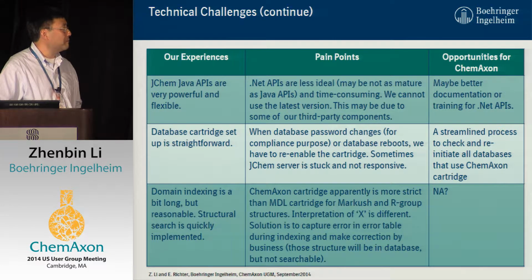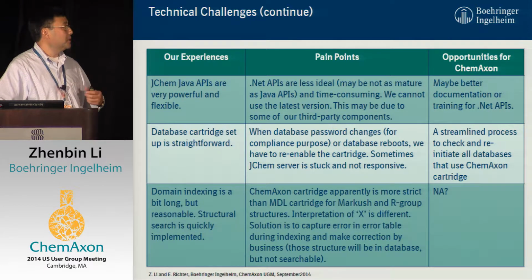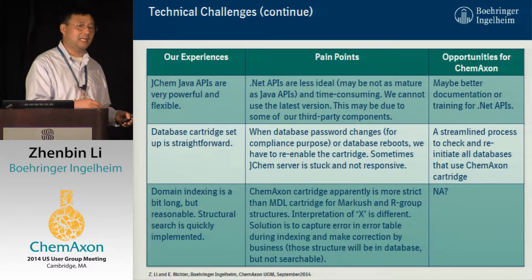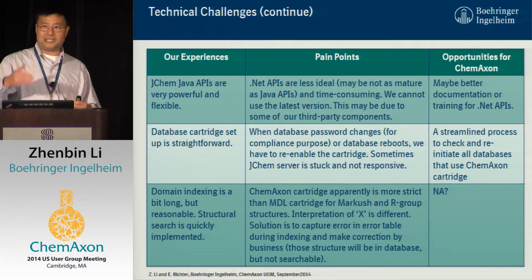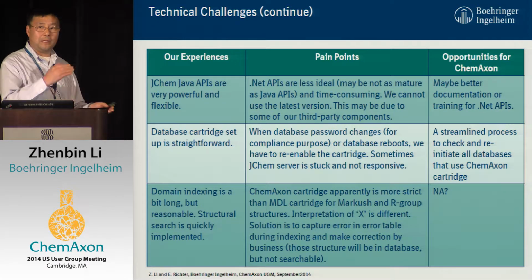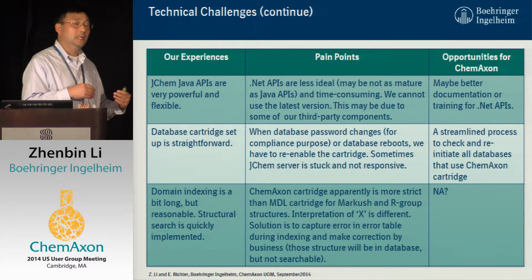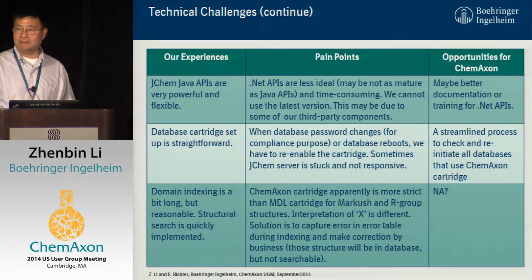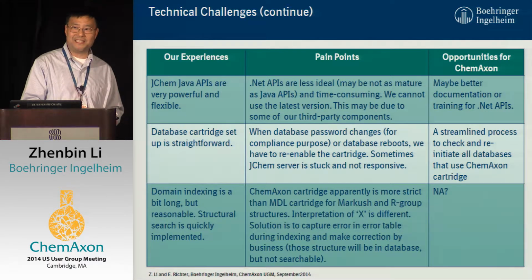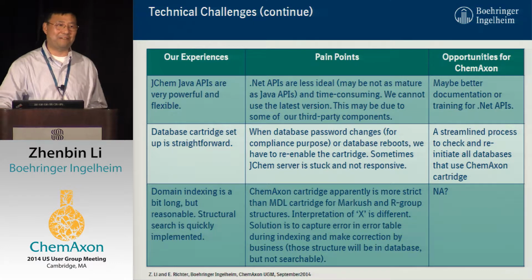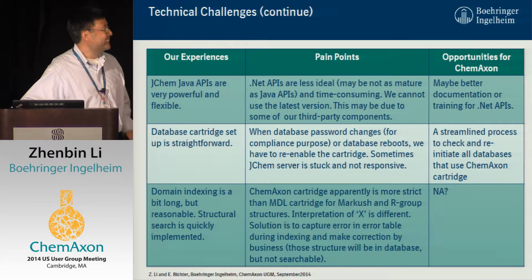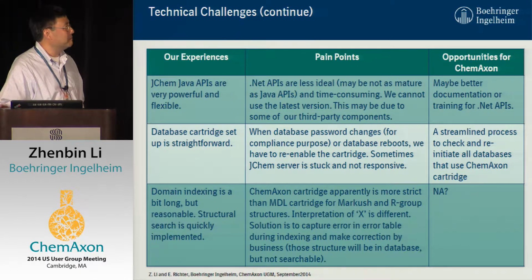Database cartridge is one of the major issues. There are chances that the database or server has to stop and restart. It requires restarting the server and also registering all the databases. The last time was two weeks ago, when we had a disaster recovery exercise, which turned everything down and then back on. You know what pain we have. Sorry about that, but this is something we need better control over. Domain index is very good.